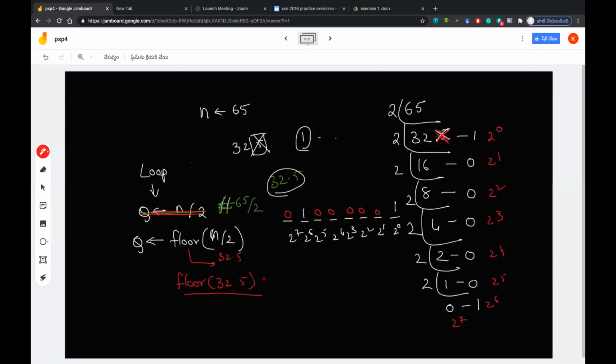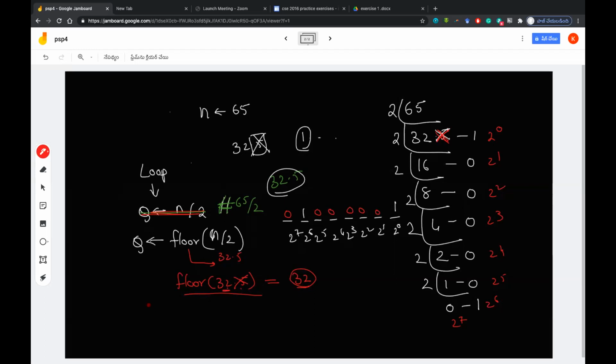Now the floor does something which is equal to 32. So the final answer will be 32. If 32.5 is inside the function floor, your final answer will be 32 because it is removing this part. So it is making it equal to the floor. Whatever the value might be, the value will be equal to the floor. That means whatever the lowest value. Okay, 32 is the lowest value here. That's why it's called flooring.